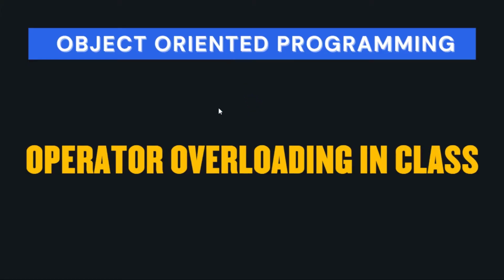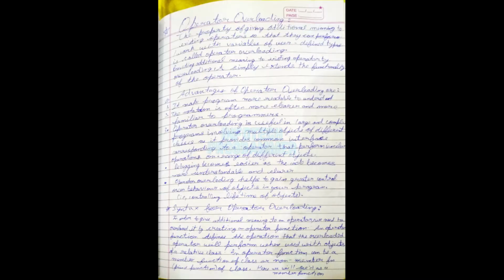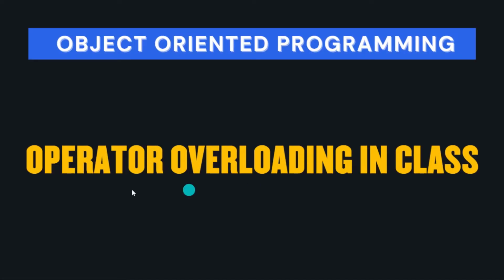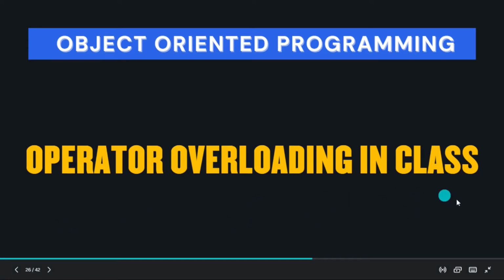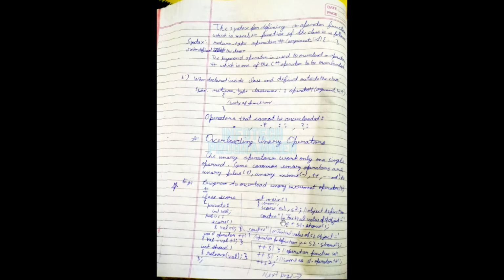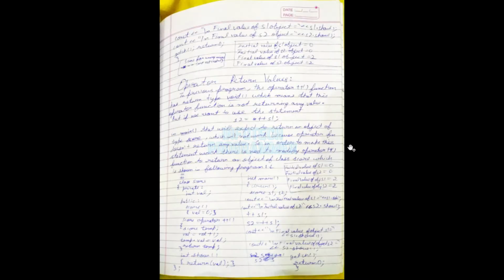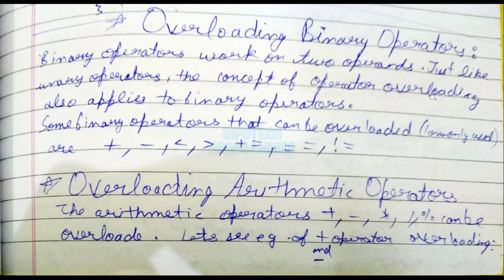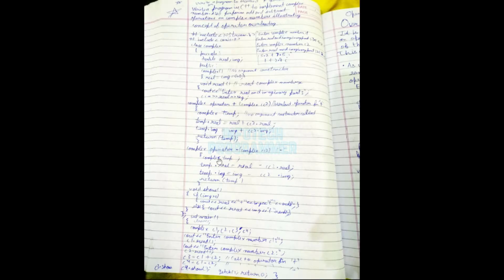And after that, you have operator overloading in the class. So you can see in the notes here. So what is operator overloading? It means using the same operator multiple times, which you can do in a single program, but how to do it in a class? I had explained that properly in these notes: how to work with operator overloading in our class, overloading unary operators, then operators returning values, and then overloading binary operators, and a proper program of that.